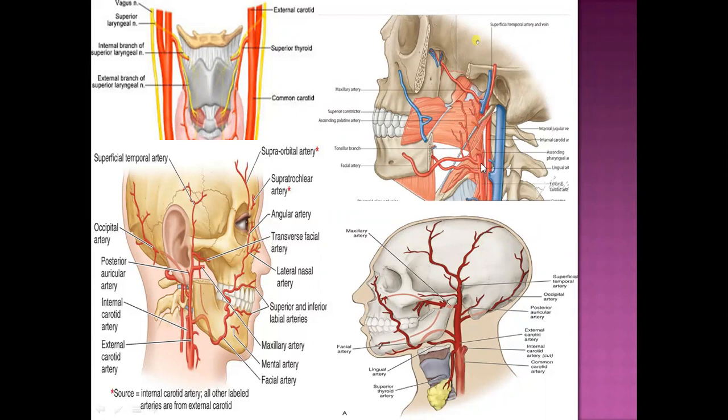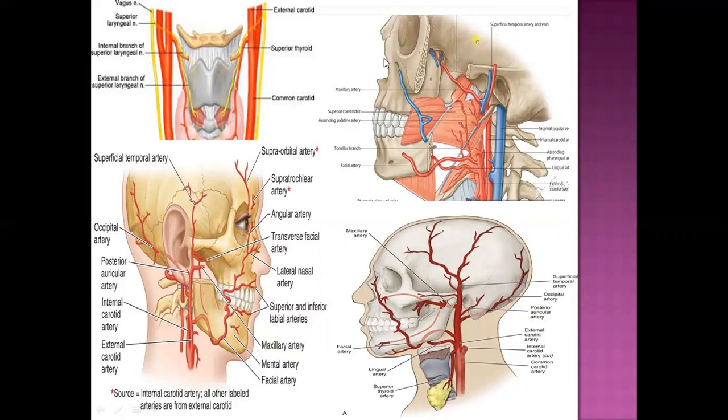So the facial artery, by giving the tonsillar branch and ascending palatine, it actually winds around the lower border of the mandible. Then it enters into the face, and it gives the inferior labial and superior labial, and it supplies all the facial muscles, and it gives the septal branch. The superior labial will give the septal branch, and it also gives the alar branch, and then the facial artery will move forward. It gives the lateral nasal branch, which supplies the lateral part of the nose and bridge of the nose.